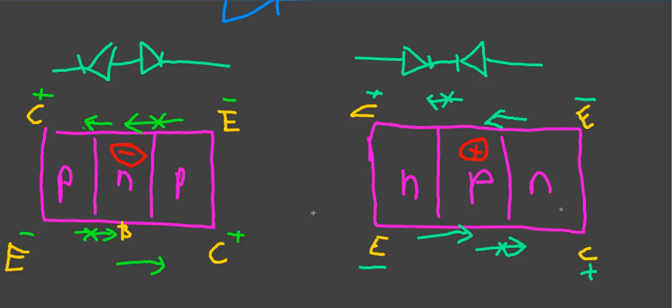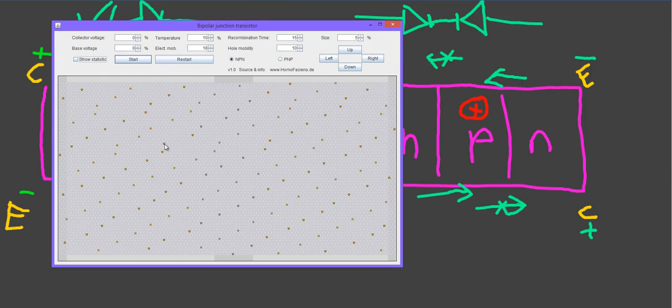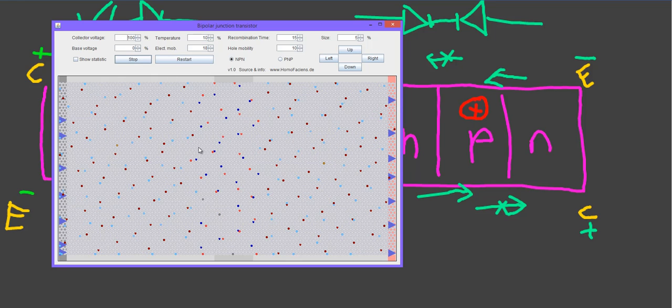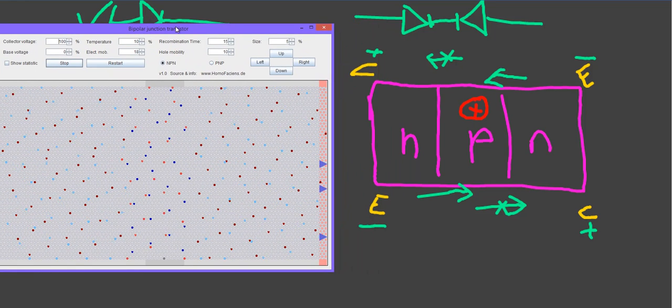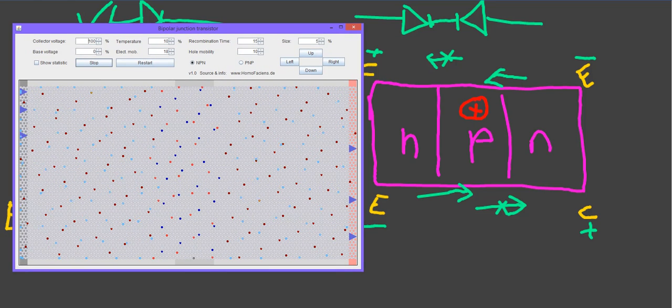And once again, from Homo Faciens, I have another applet. And right here we can just start it, and it's not really going to do much. But let's just add a voltage to it. And we just added a voltage to an NPN bipolar transistor, which is the right one,